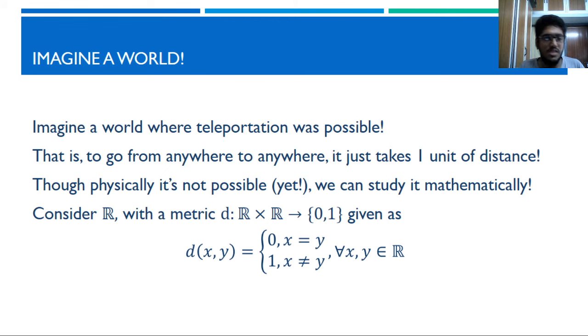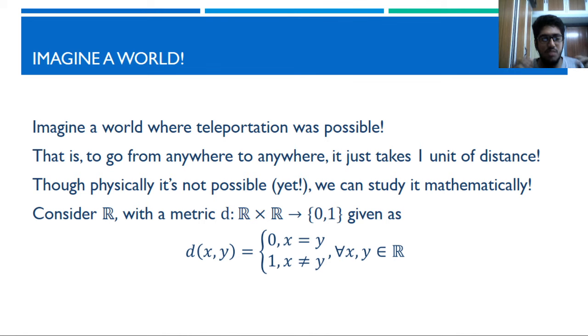Imagine a world where teleportation was possible. Those who are Harry Potter fans, you would notice that there is a way in which Harry Potter would think about a place and they go to that place. That's called teleportation in the real world, and scientists have been burning their heads to make teleportation machines for many years now. It's been hundreds of years of research and they were not able to do it, but turns out we have the mathematics for it set and ready.